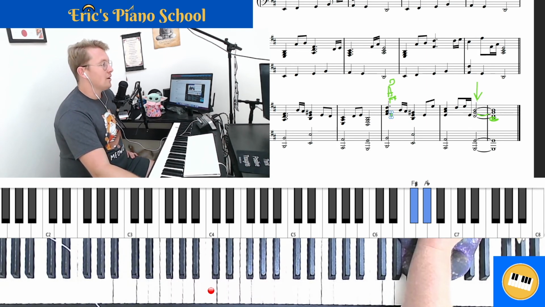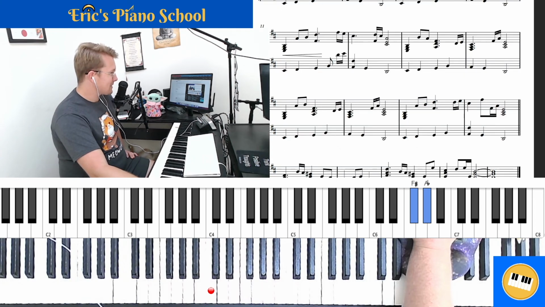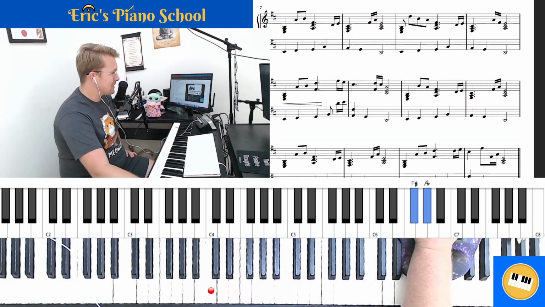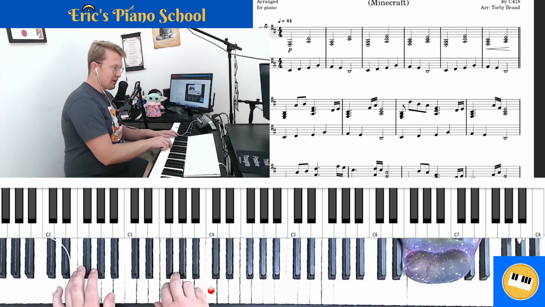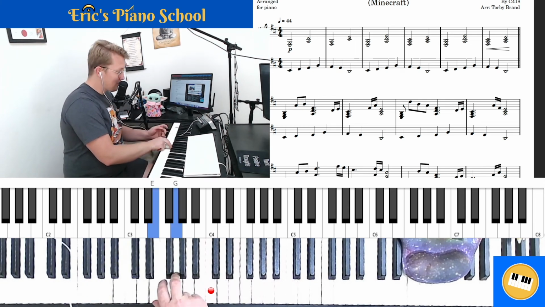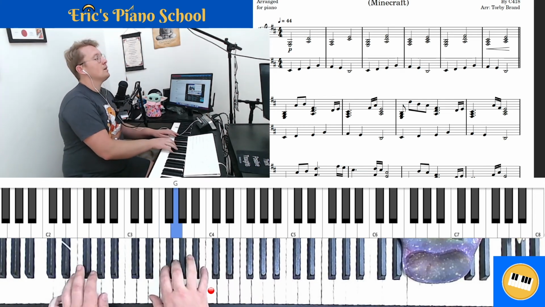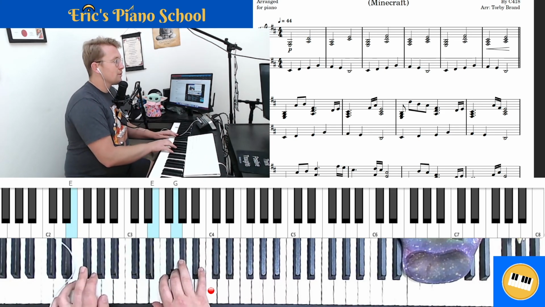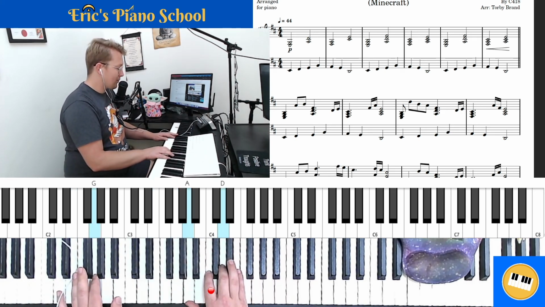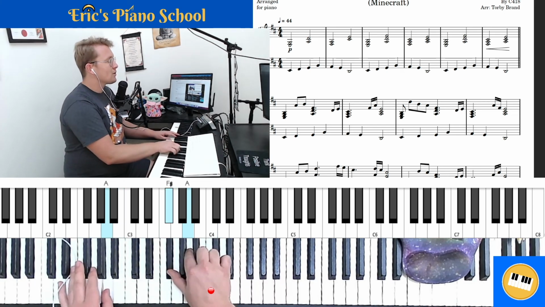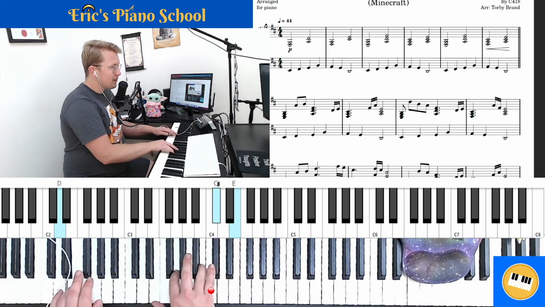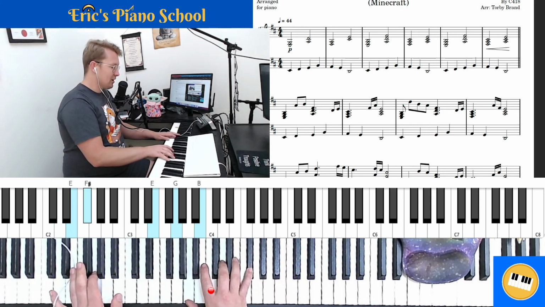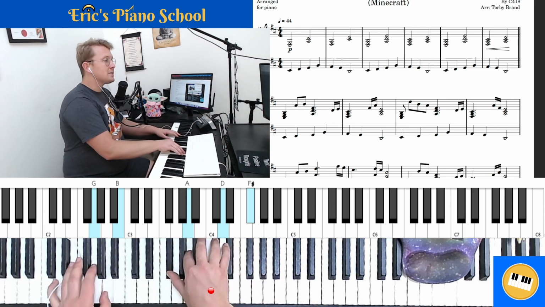So, phew, we made it all the way to the end, and now I think it'd be a good idea if I'm just going to demonstrate and play through the piece one time and give out some of the cues that we've had throughout the piece. So we start in our low E. See if you can play along with me in our E. So together, left, together, left, together, left, together, and pedal and change, up, down,